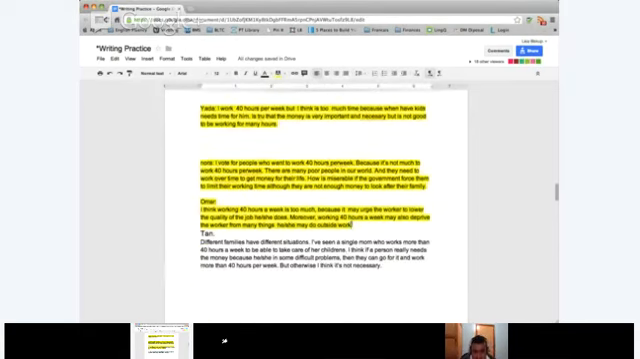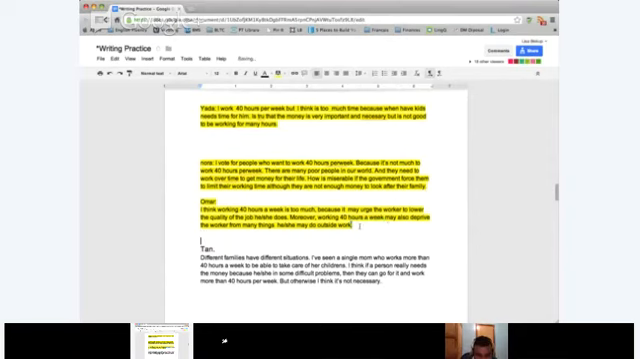I think working 40 hours a week is too much because it may urge the worker to lower the quality of the job he/she does. Moreover, working 40 hours a week may also deprive the worker from many things he/she may do outside work. Okay. I think working 40 hours a week is too much because it may